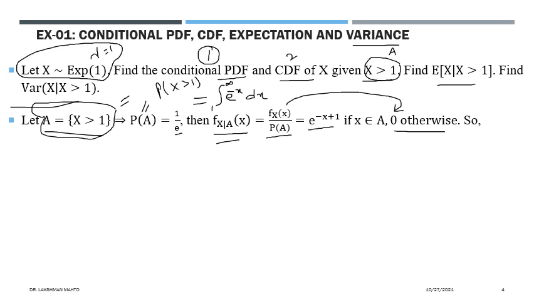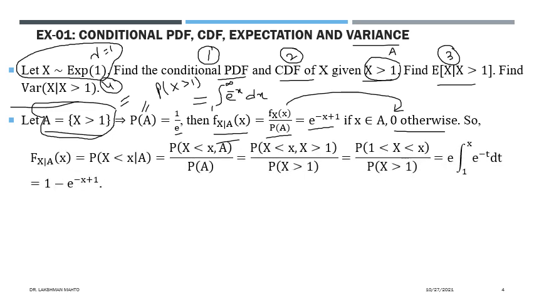Now next we will calculate the conditional CDF, then we will calculate the conditional expectation, then we will calculate the conditional variance. So all these calculations are happening this way. It is very simple to find the conditional CDF. It is just talking about the probability up to x conditioned on A. Just apply the definition: we have expressed this conditional CDF in terms of this conditional probability. So recall the definition of conditional probability. It says that this conditional probability is equal to the ratio of the joint probability, X observing a value up to x and A, divided by the probability of A.